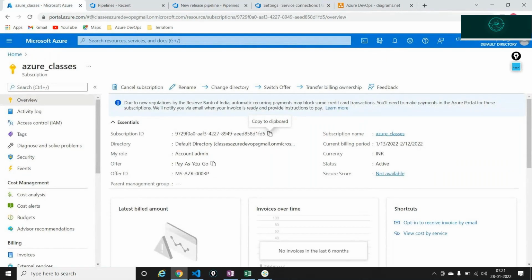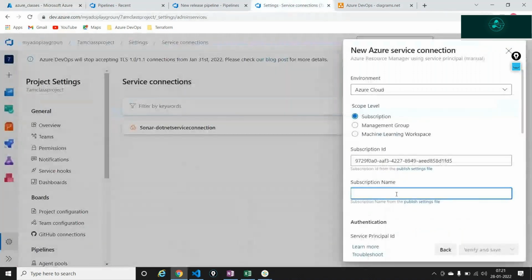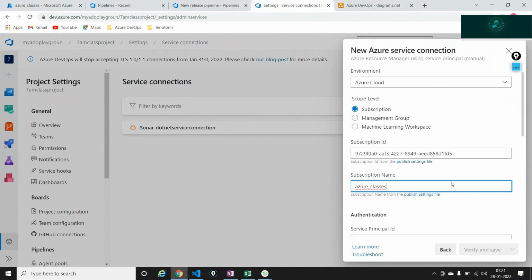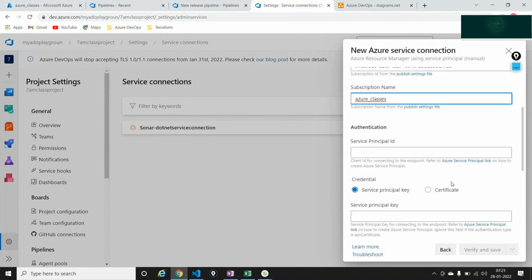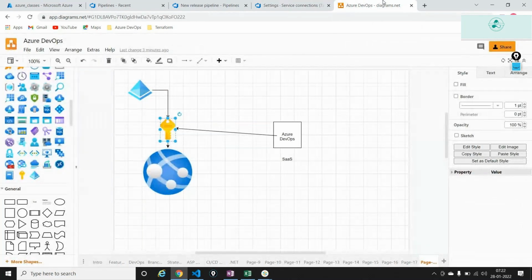The offer is pay as you go, but the name of the subscription is something like Azure Classes. This is the name of the subscription that I have. So I'll just copy this out and place it in here. So I've taken my subscription ID, I've taken my subscription name, and now it's asking me what is the service principal ID. Now, what exactly do I mean by service principal ID out here, or what exactly that I mean by this one is that